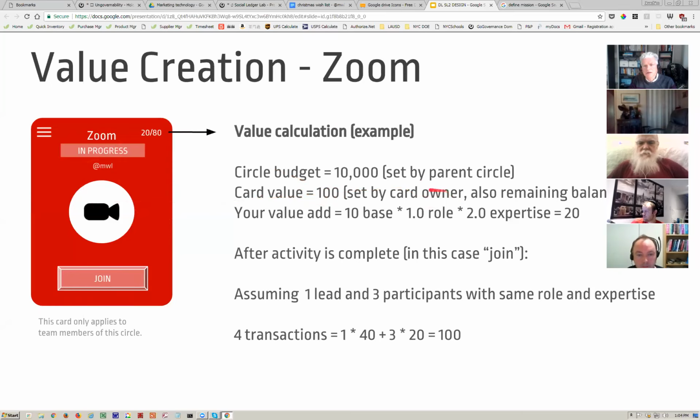And that's set by the card owner. So whoever sets up that meeting will have the ability to set this value of the card. And there might be some default, some recommended value that you want to use. But essentially, you learn over time what's the meaningful value here. You don't want to make it too much, you don't want to make it too little, but there's some rewards that you gain just by